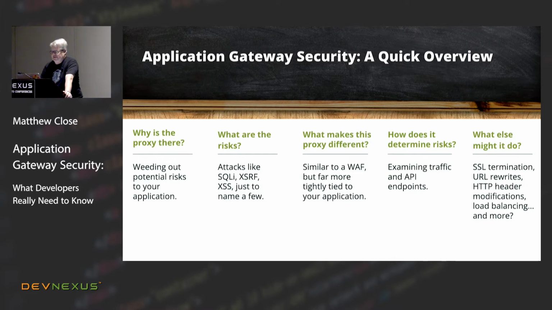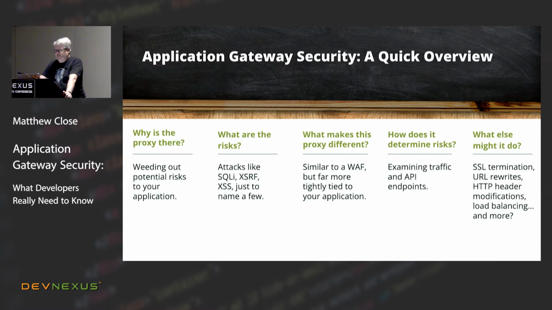So how does this proxy determine risk? By working at layer 7, the application layer, and examining traffic to your apps and your API endpoints. It examines GETs, PUTs, POSTs, etc. Are endpoint types valid? Are they numeric, alphanumeric? It looks at MIME types. What else might this particular proxy do, and when might that happen? So it can be a number of different other things like we've already talked about. It can be responsible for